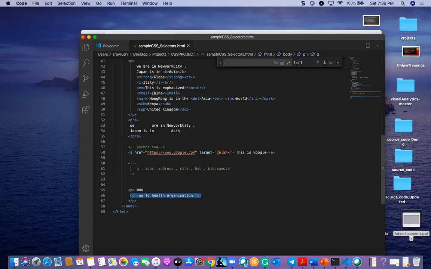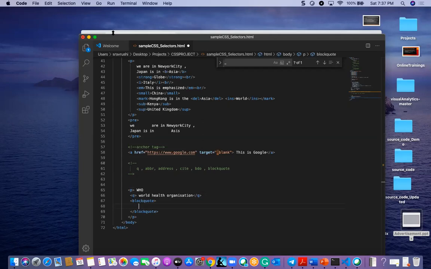Also you can use block quote. We have one more, that is block quote. This element defines a section that is to be quoted from another source, so it will be differentiated from the existing para or existing elements.